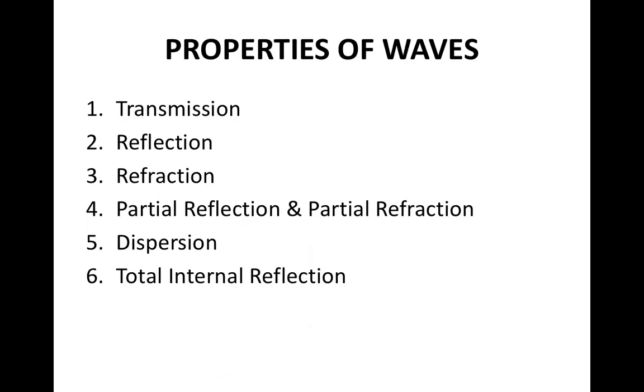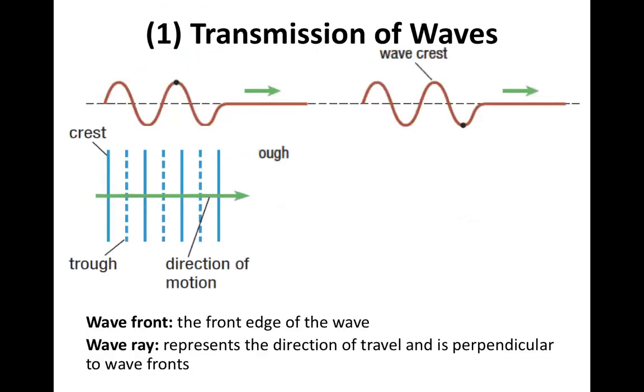So here are the properties of waves that we're going to be talking about in this lesson. Now we've done a little bit of review, and there's even a little bit more coming. So transmission, reflection, refraction, partial reflection and partial refraction, dispersion, and total internal reflection. So maybe these terms are totally familiar to you. There's nothing to remember. We're going to go over most of them with a little bit more depth than you probably have learned last year